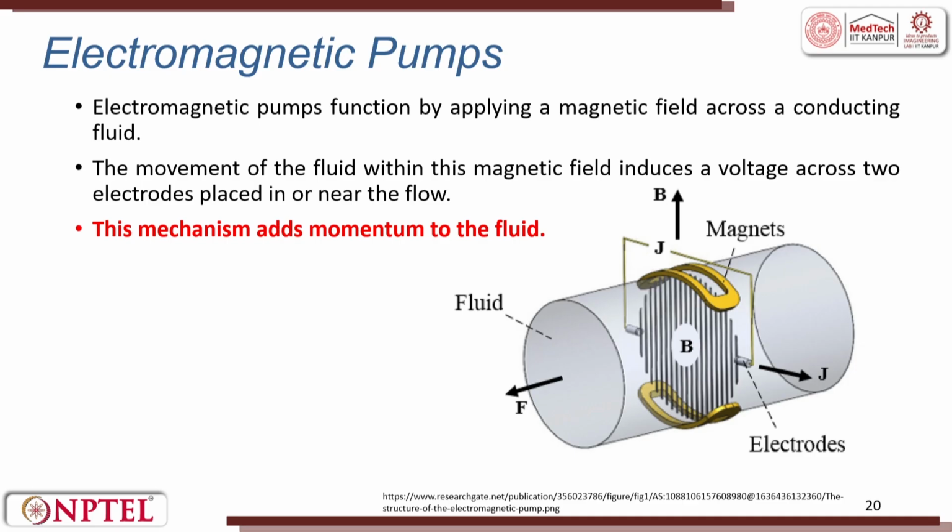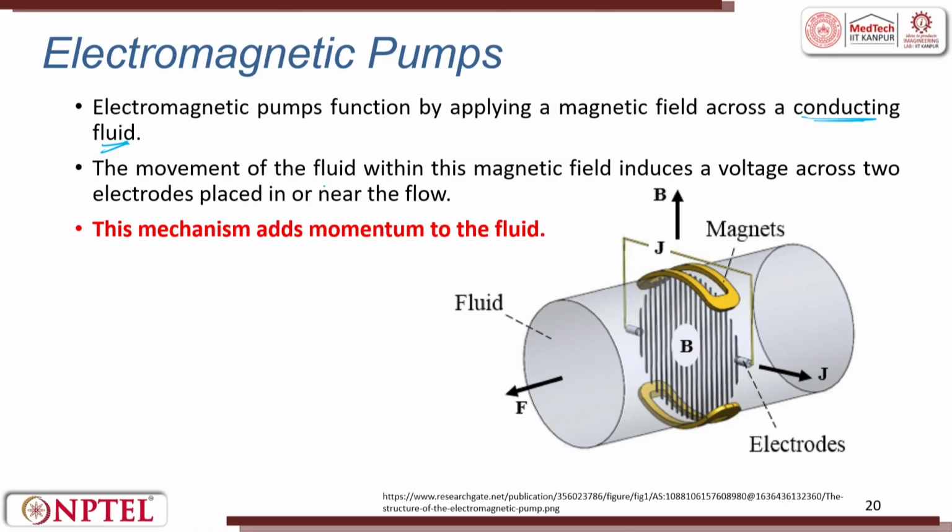In these electromagnetic pumps, a magnetic field is generated outside and it tries to move the valve which is inside, or which is used to even change the direction while the fluid is flowing. The electromagnetic pump functions by applying a magnetic field across a conducting fluid. And the other thing is it is used for conducting fluids. What are conducting fluids? For example, a metallic paint, or you can have iron particles dispersed in a fluid for finishing applications and other things.